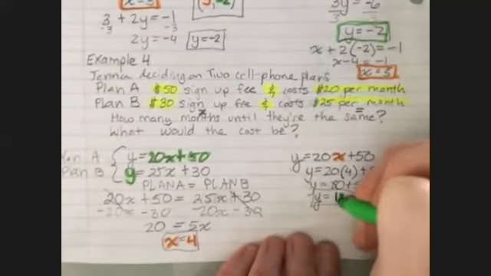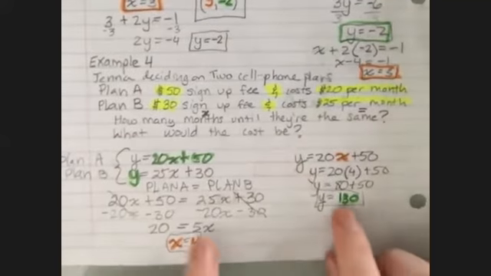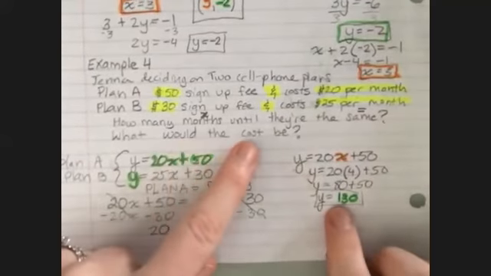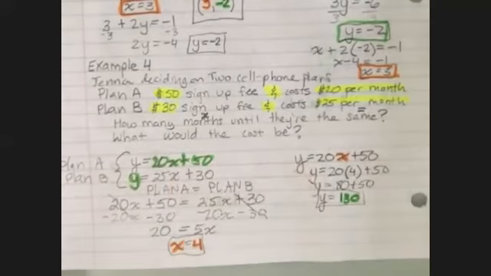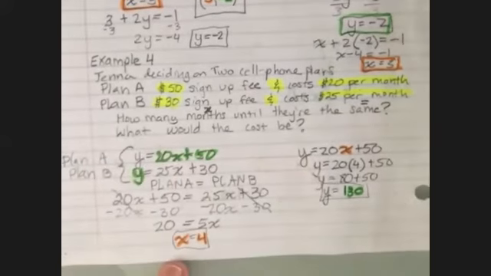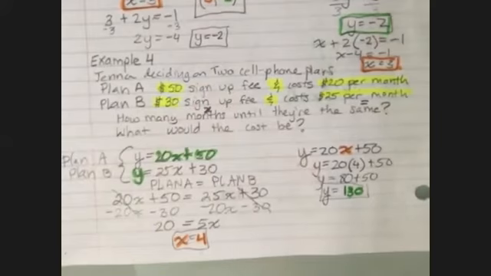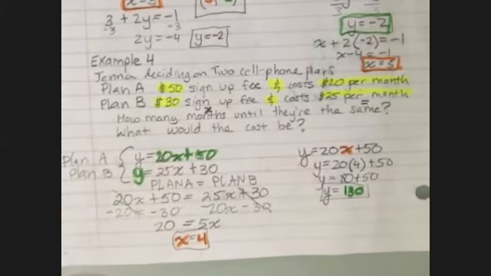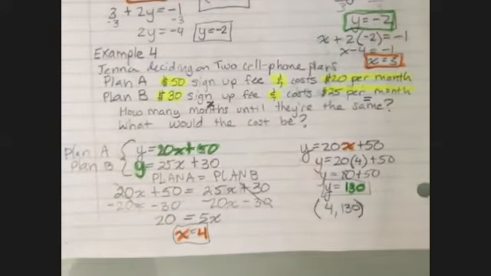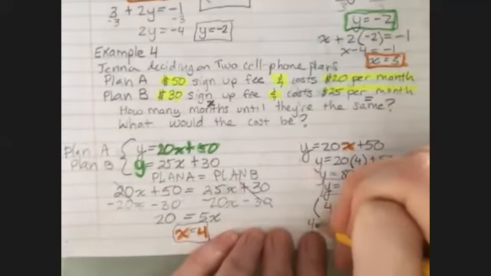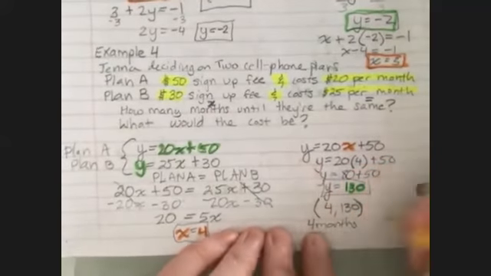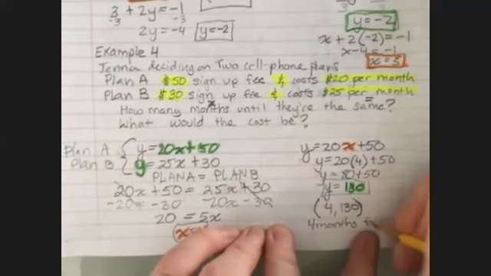And again, what does this 130 stand for? That's going to be the cost at which they'll be the same. So in 4 months, whether she picks plan A or plan B, they will be $130. So they will be the same at 4 months for a cost of